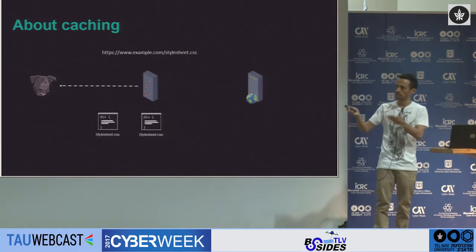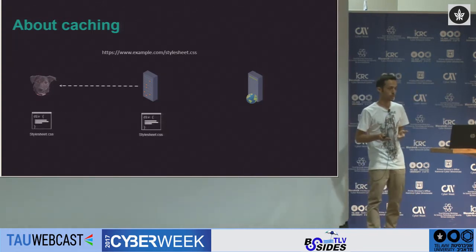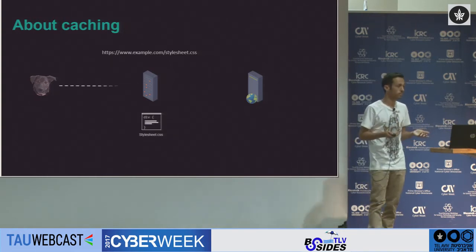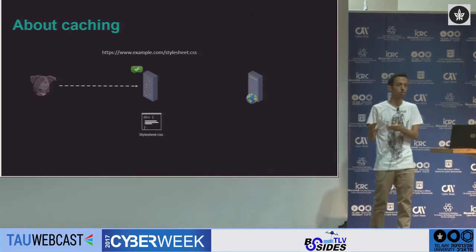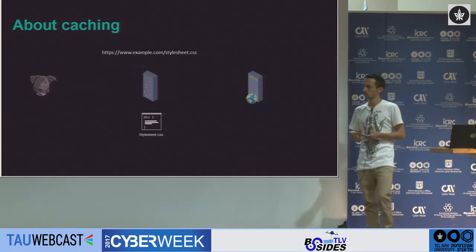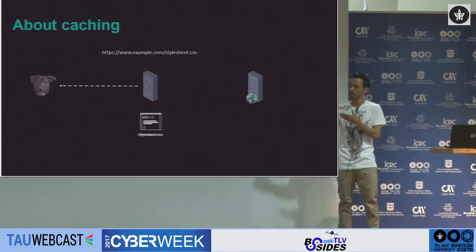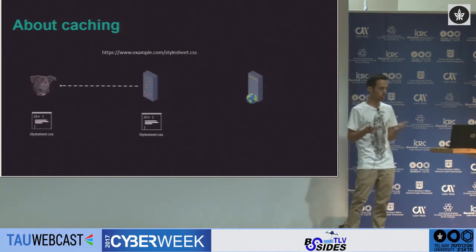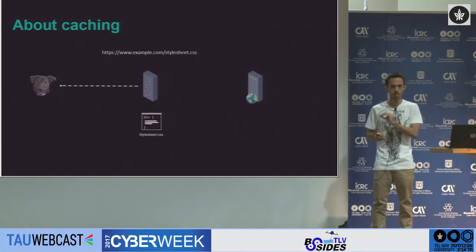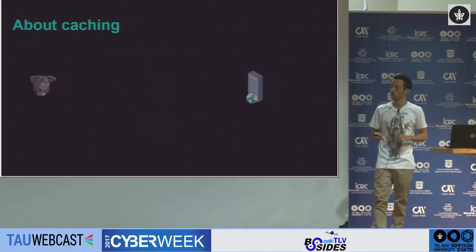Now this file is sent to the user's browser, okay? So the next time any user, this one or another one, will try to access this file, the request will arrive at the caching mechanism, and now the caching mechanism is already familiar with this file, right? So it will just send it back straight to the client without asking for it from the web server. Now that's a standard process of caching, and that was the first baseline out of 2. Let's move on to the next.